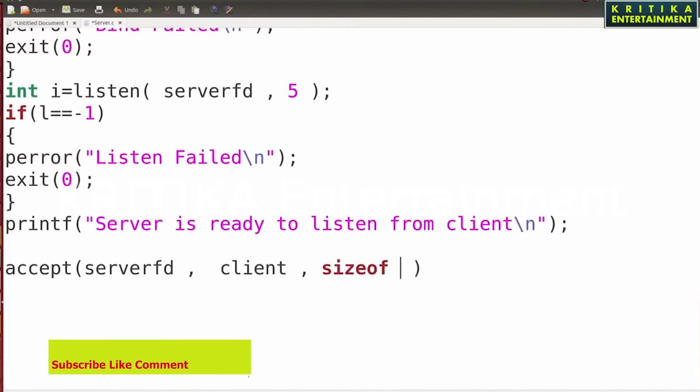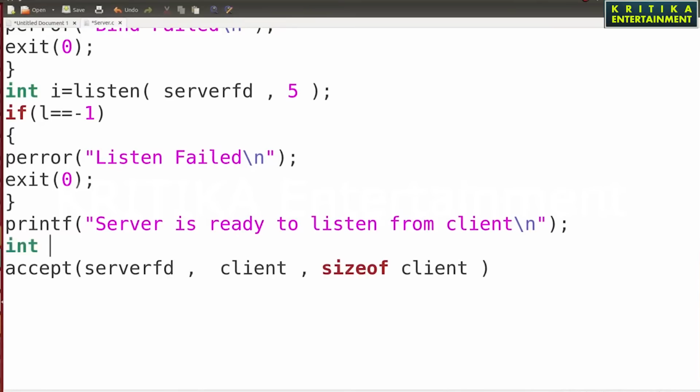That means how many bytes it will use to connect to your program. So I have to write int, suppose size is equal to sizeof client. Bracket close.